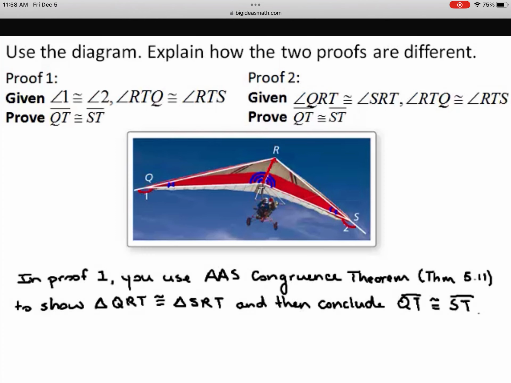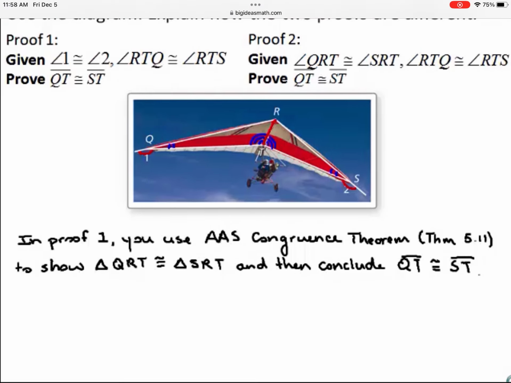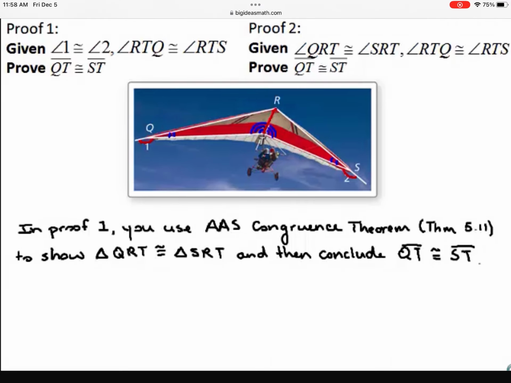In proof 1, you use the AAS congruence theorem to show that triangle QRT is congruent to triangle SRT, and then conclude that line segment QT is congruent to line segment ST. You use the AAS congruence theorem because in the diagram you are given corresponding angles, then sides that are congruent